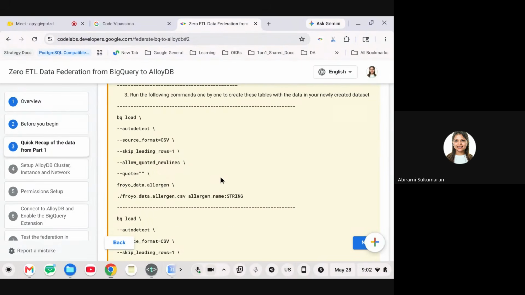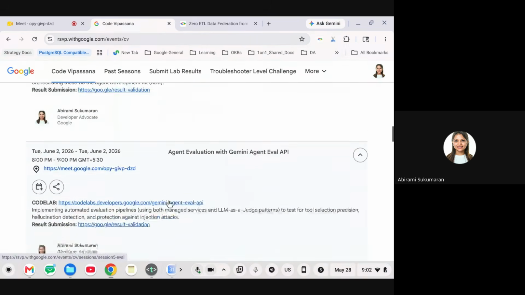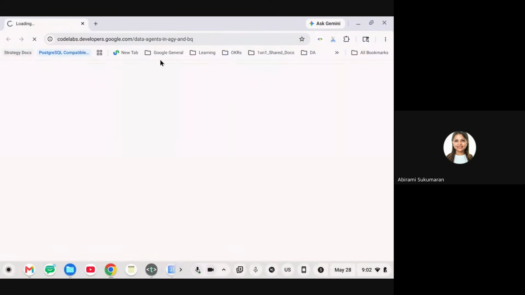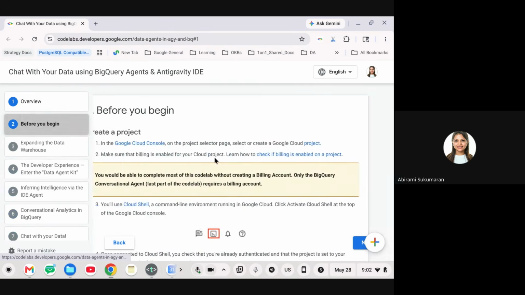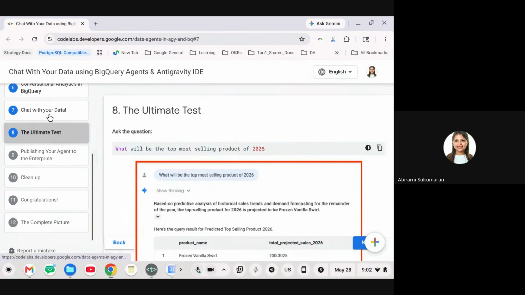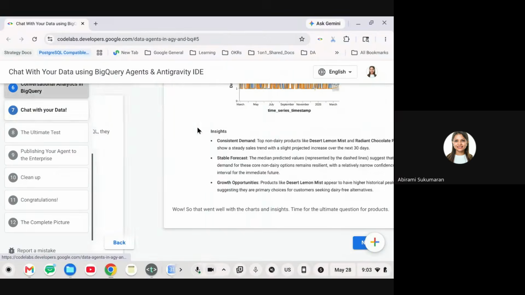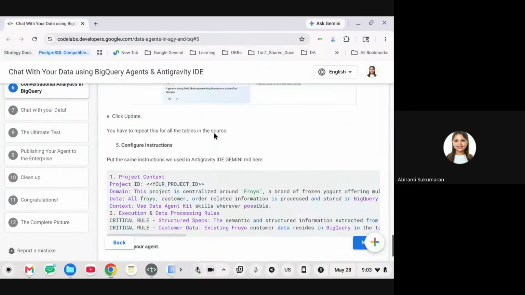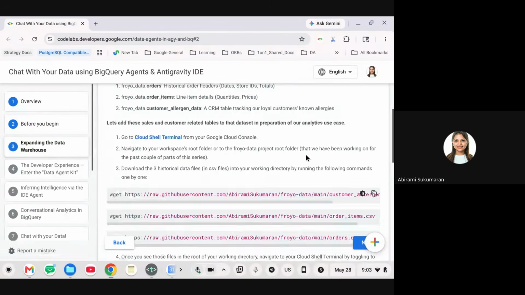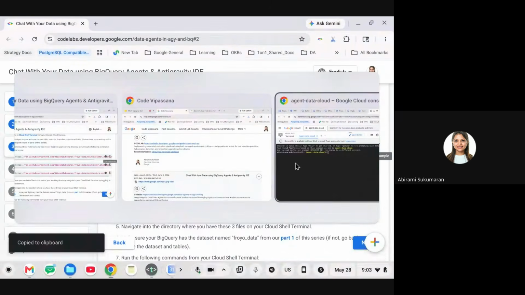No, not this one either. Yeah, this one.